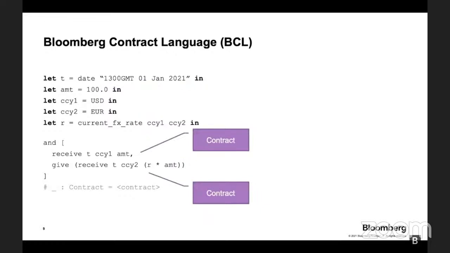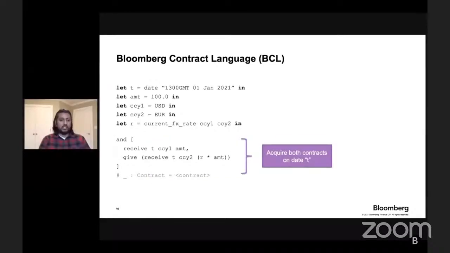So you have the receive and give primitives, which are used to create contracts, which perform the whole operation of exchanging your forexes. Both these contracts need to be acquired on the date, which is specified by the variable t, and your AND combinator ensures that both these contracts are acquired. So this is typically how end users or users of BCL would utilize BCL to write contracts and specify them